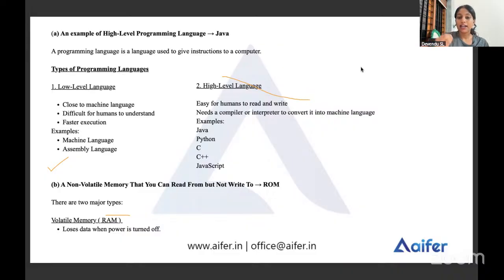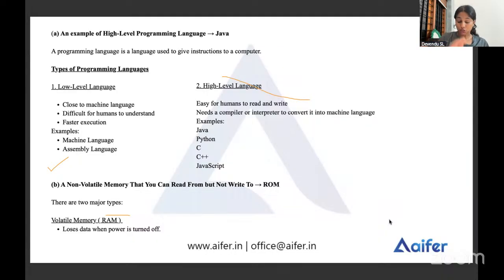High level languages are easy for humans to read and write. They need a compiler or interpreter to convert into machine language. Its examples are Java, Python, C++, and JavaScript. So Java is an example of a high level programming language. And option B, that ROM has a non-volatile memory that you can read from but not write to,